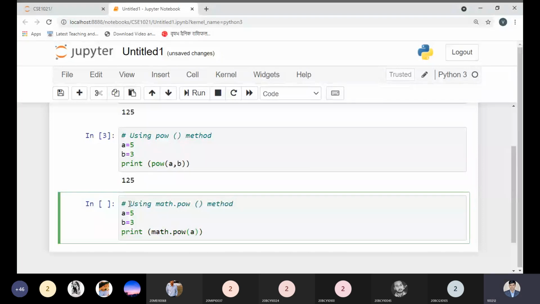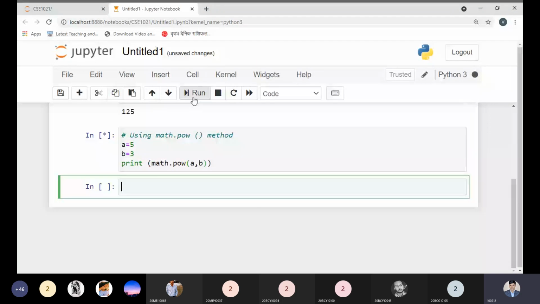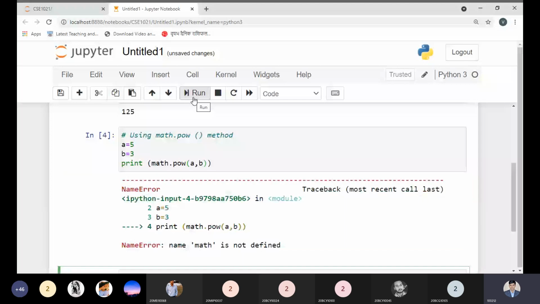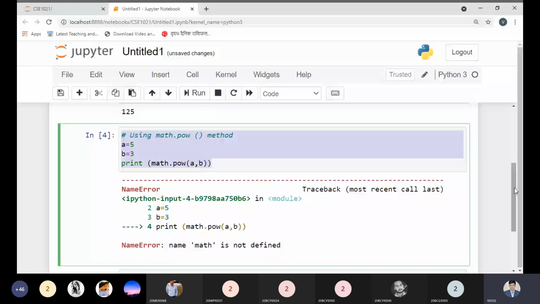If I execute this code, it will take some time because it will check whether the library exists or not. It will check the pow function under the math library. So we found that we are getting an error here: name math is not defined. So why are we getting the error? Can anyone tell me? We have to import math. Yeah, good. Import math.